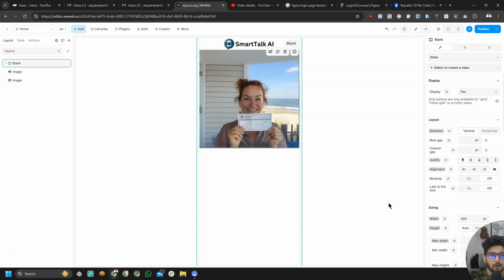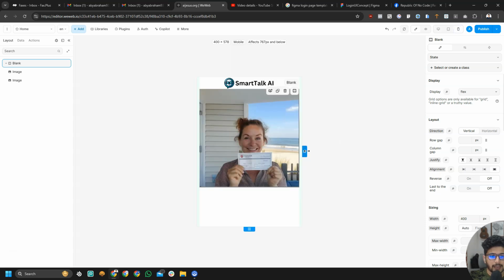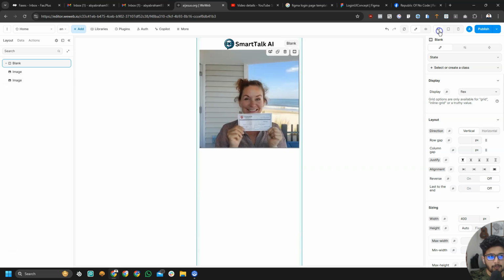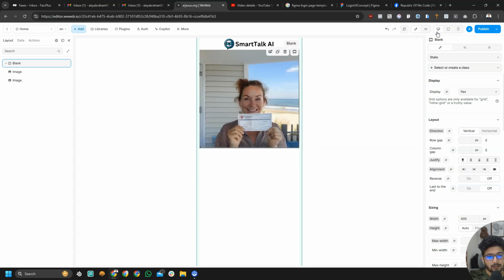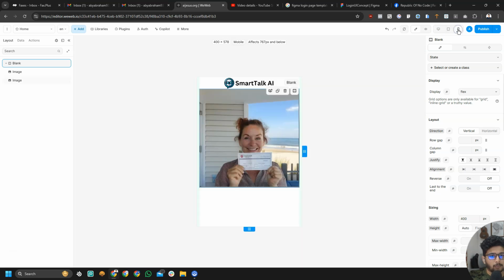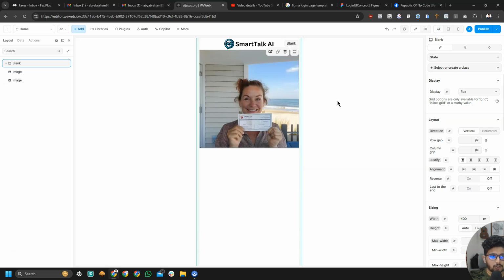For example, this is how your website is going to look like on desktop. If you switch this to this mobile phone icon, you can see the editor kind of switched to a smaller screen, and you can drag and drop elements and optimize this for mobile. We will learn about this optimization in detail later, but for now, just understand WeWeb, by just switching between this desktop and mobile, they will let you build different versions for different screen sizes. I don't create things for tablet, but desktop and mobile, I always build versions for desktop and mobile, because